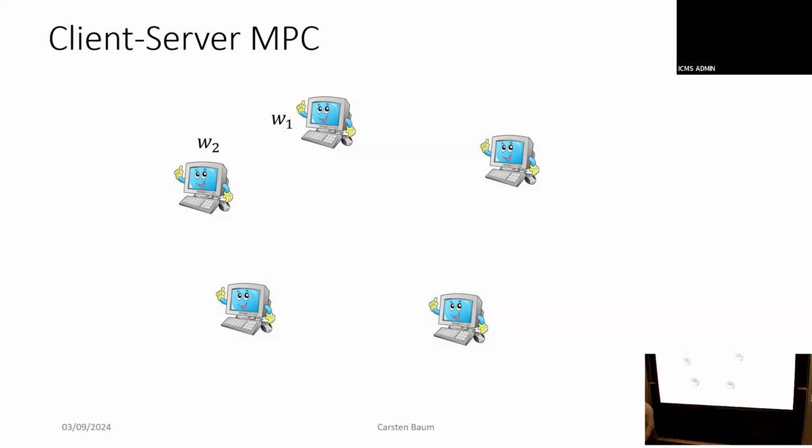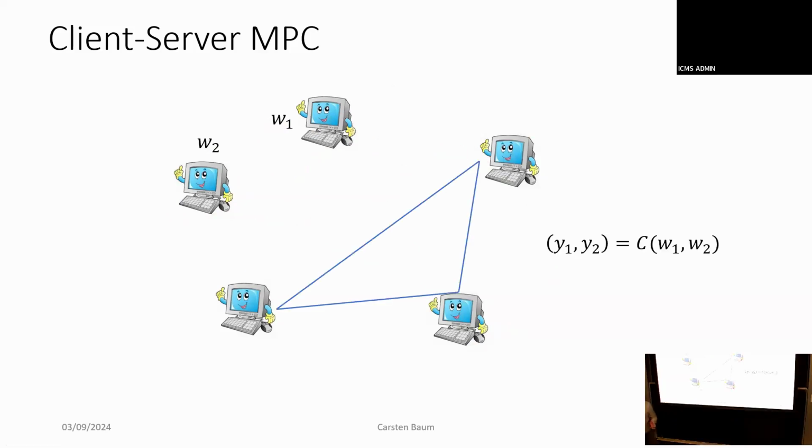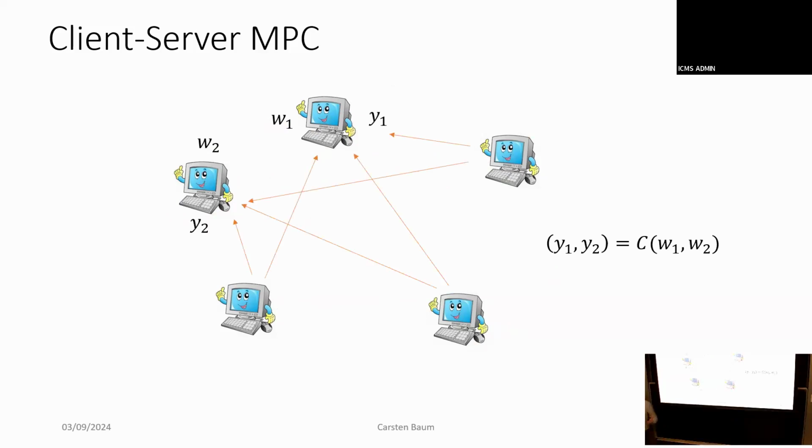It's a very simple setting where, initially we said every party has an input, every party gets an output. In practice, you might not want to do that. There might be two people, party one and party two, and they are the only ones who have inputs. Now they are going to send some information to the remaining three servers. These are the clients, these are the servers, and after that the clients go away and don't say anything anymore. Now these three servers are going to do some kind of computation among each other. And afterwards, they're going to send some messages to the clients, and the clients learn their outputs.